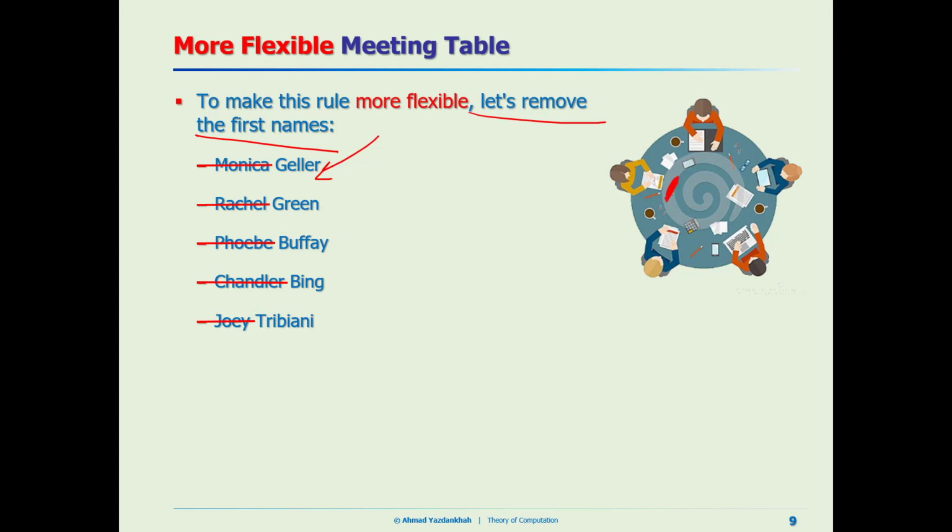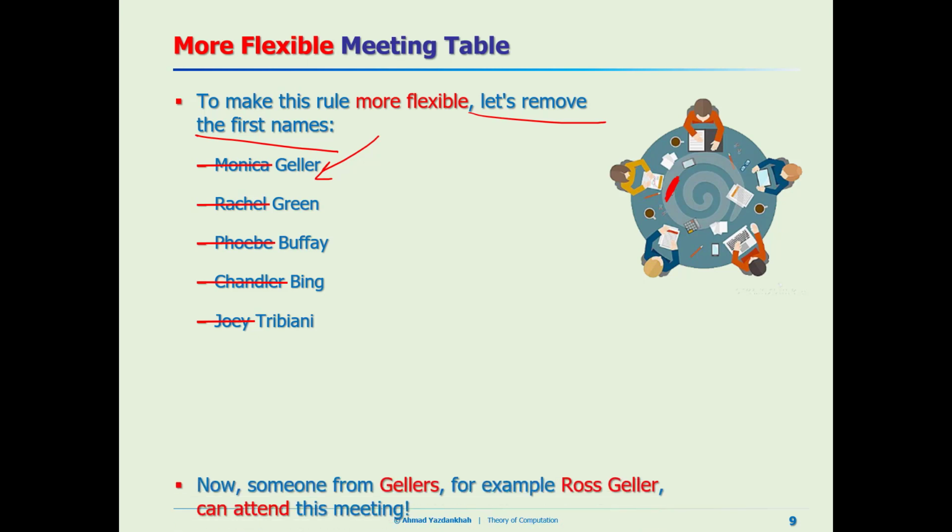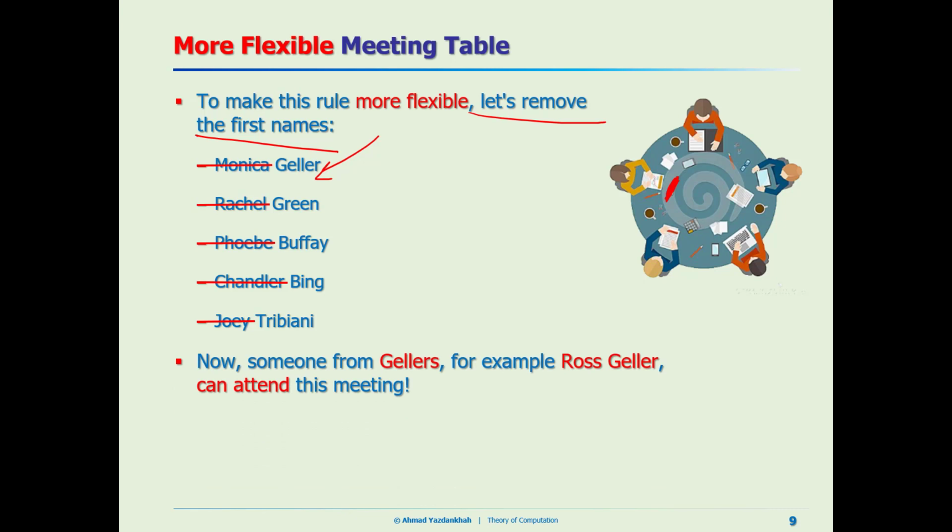So from now on, instead of Monica Geller, everybody whose surname or family name is Geller can attend here, right? For example, one week, one month, we can send Ross Geller. Yeah, again, our lovely friends, right? So